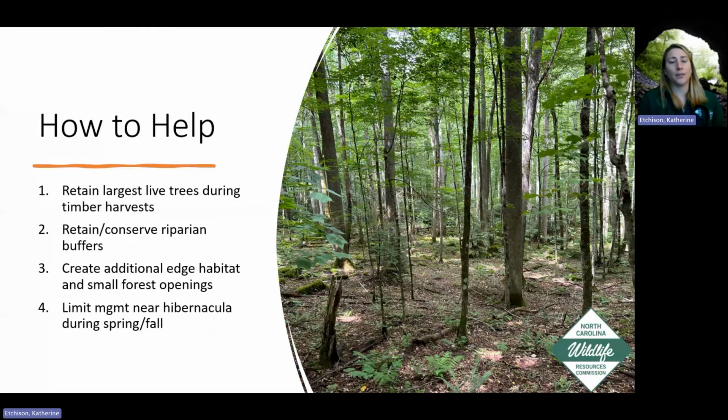And then as far as management goes as well, you want to limit it when you can in proximity to a hibernaculum. And that's in the fall and in the spring. And the reason for that is these bats will move to their winter grounds in the fall, and they'll set up shop in the area around that cave or mine that they're going to be hibernating in. For several weeks, they'll just be in those forests foraging, trying to fatten up,